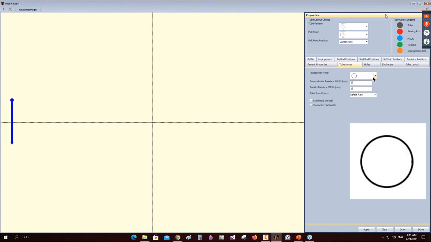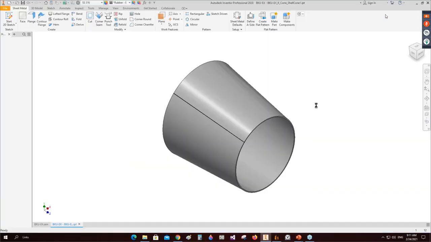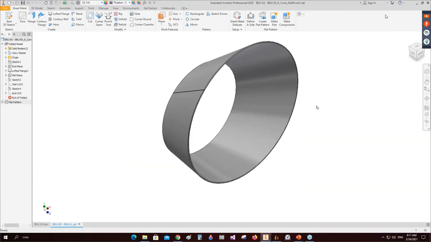define the tube diameter and pitch. Okay, like this, and let's select the tube passes as one pass, and let's define the pass lane 150, and let's click create drawing, and you can figure that you get this arrangement. But don't forget, in this type we will make a U-tube or the bended tube. So this one is a one tube. Okay, so let's save this and come back to the model right here to figure out